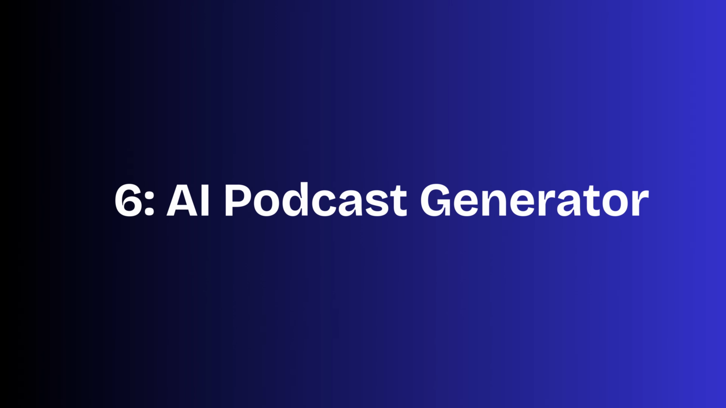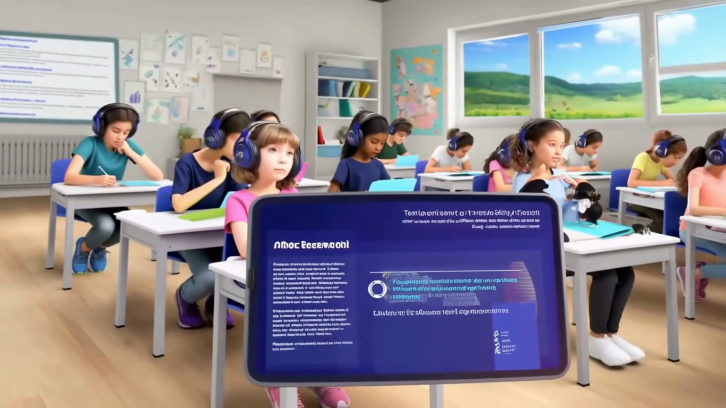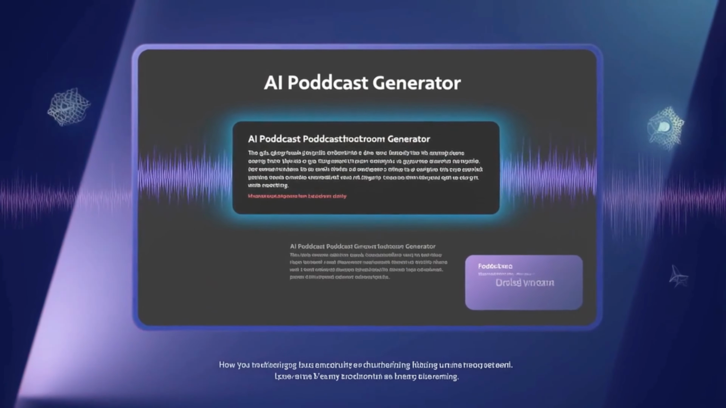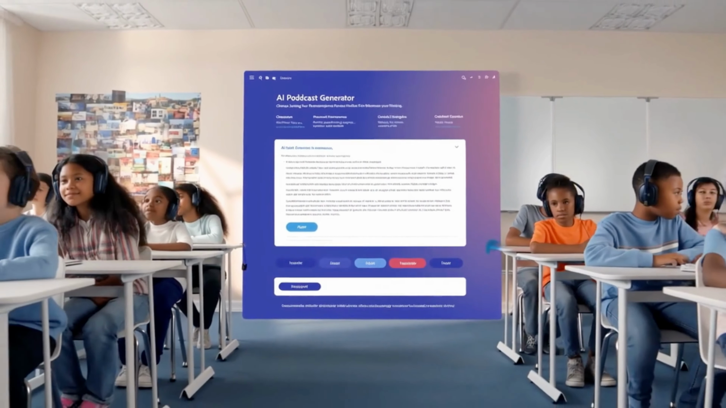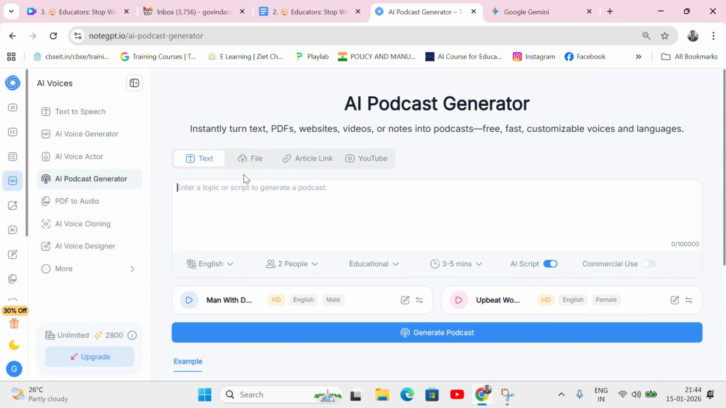6. AI Podcast Generator. For our finale, I've saved the most innovative feature for last, the AI podcast generator. This is how you truly future-proof your classroom by bridging the gap between dense, static text and high-engagement auditory learning. Imagine instantly transforming your PDFs, websites, YouTube lectures, or even your own handwritten notes into a professional-sounding podcast in just